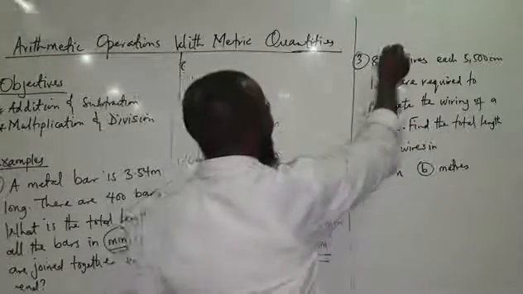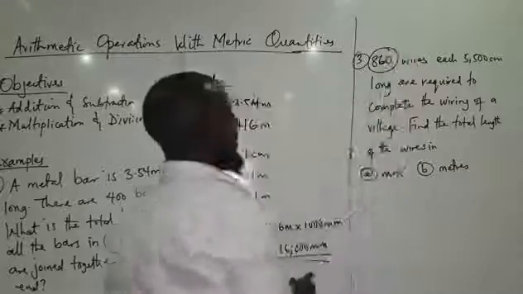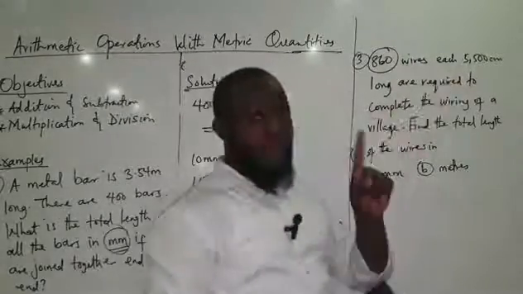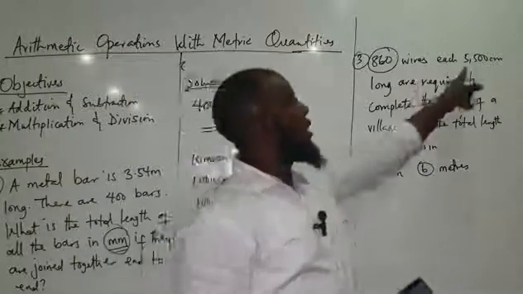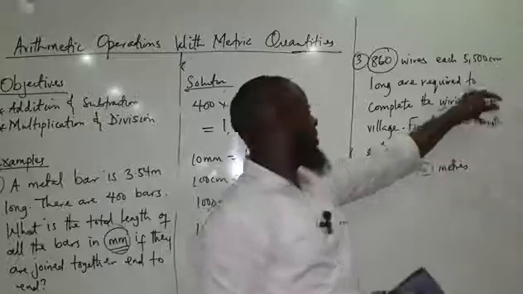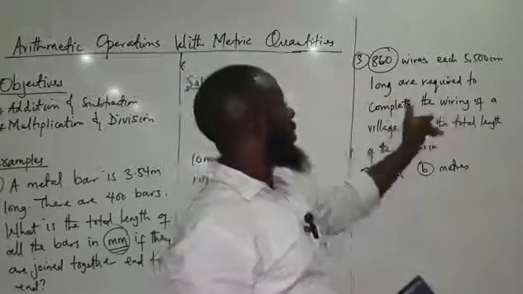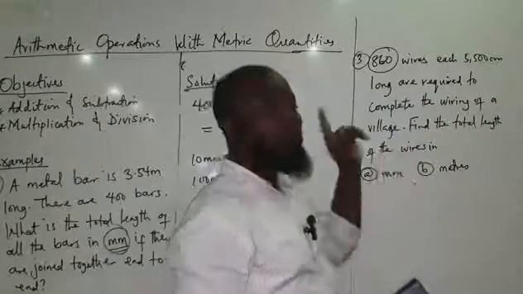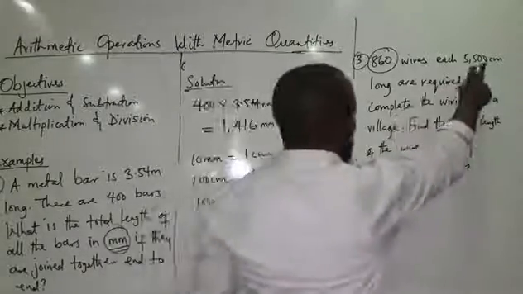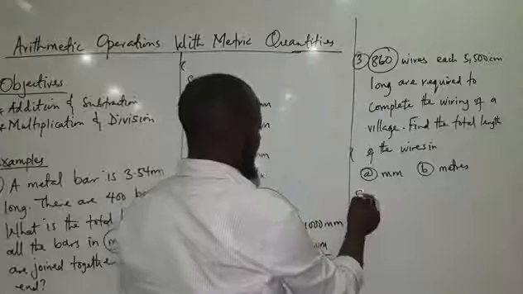So we have 860 wires. Each one of them, one wire, has a length of 5,500 centimeters. Now we're going to look at what is the total length of the wires in millimeters. So that means the first thing is, this one is in centimeters. To solve this,